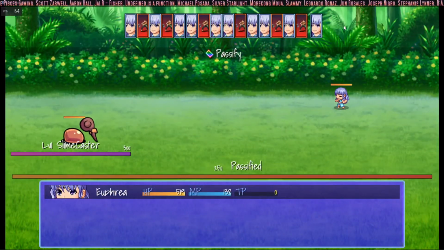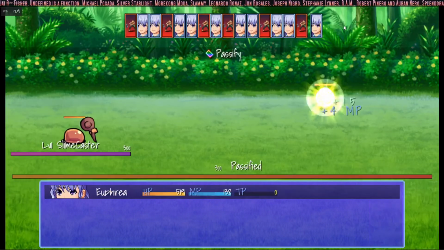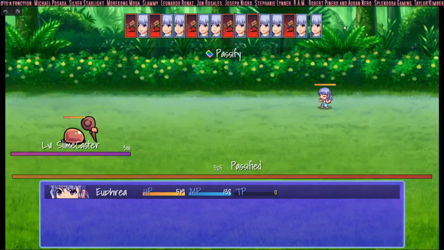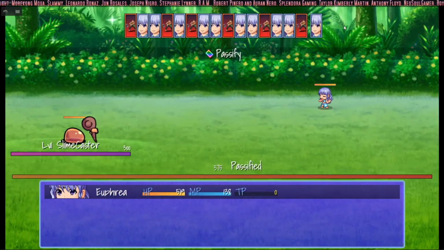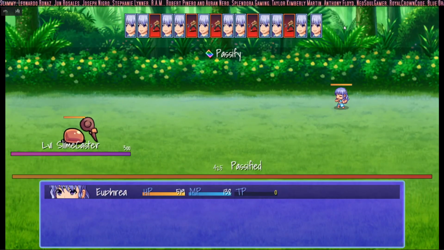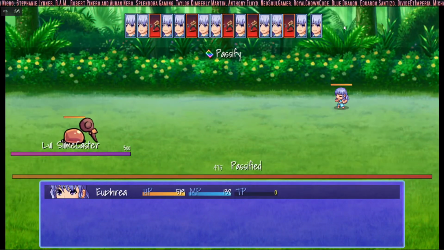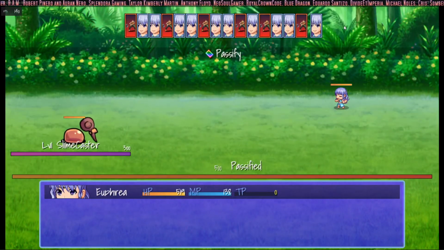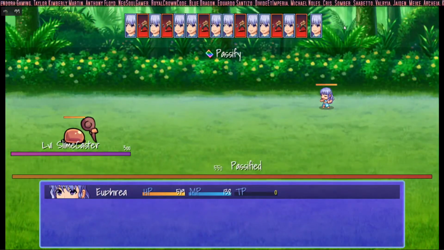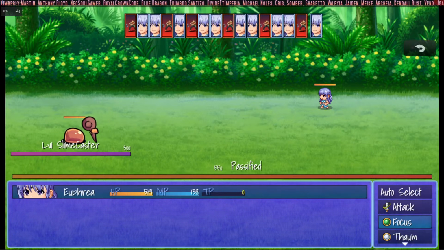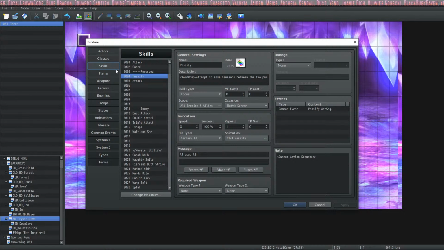It's got a bunch of pixie filters and animation, and I think it looks cool. I'm wondering why the Slimecaster isn't getting a turn. I mean, he's been pacified, but I didn't code him to do anything like that.